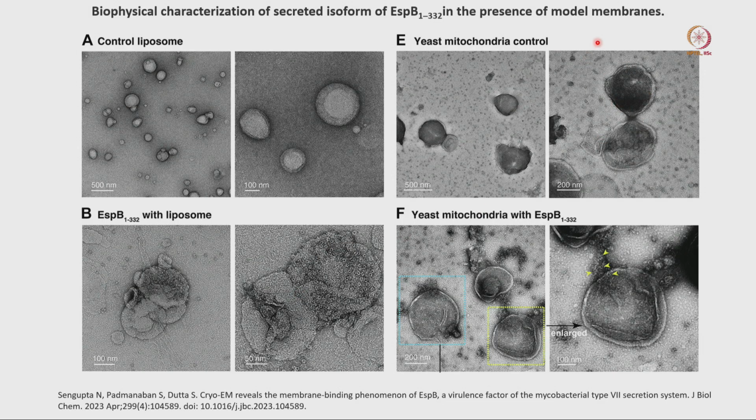So you can see this is the yeast mitochondria, and this yeast mitochondria is incubated with this liposome, and in some places you can see that circular toxin on the lipid membrane. You can see a similar kind of toxin binding here. You can see two toxins binding here. Similarly, there are several toxins binding here, some toxins binding here, and also some toxins binding here. In the central position, you can see one toxin here. There are many toxins like that.